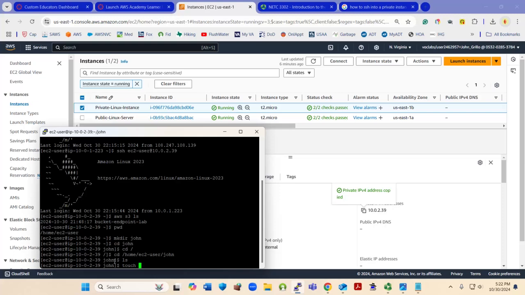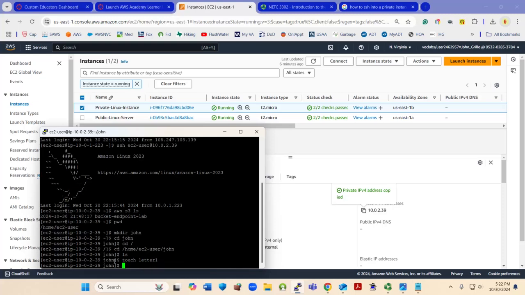We will call this letter instead of document, letter 1, and hit enter. Okay, now we'll copy that letter to an S3 bucket. There's nothing in there. It's a blank text file, but we will type the command AWS